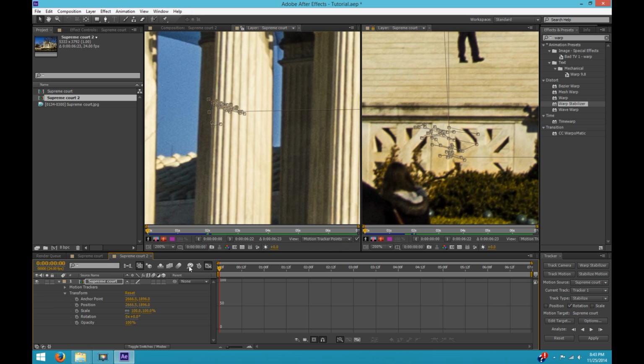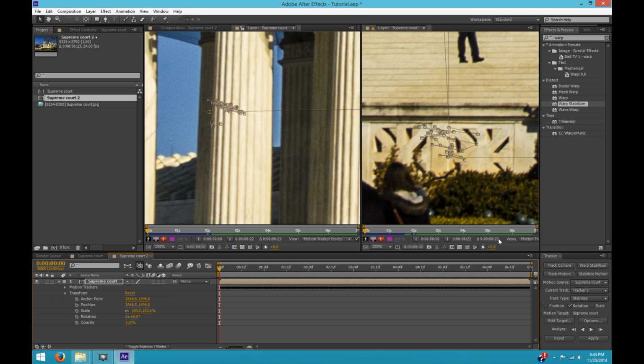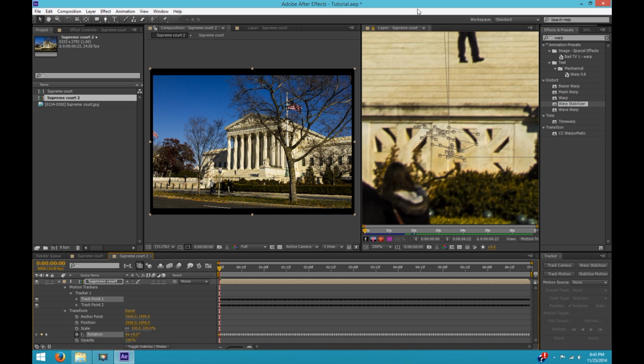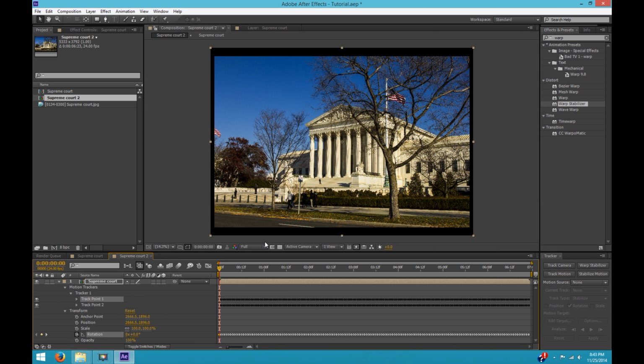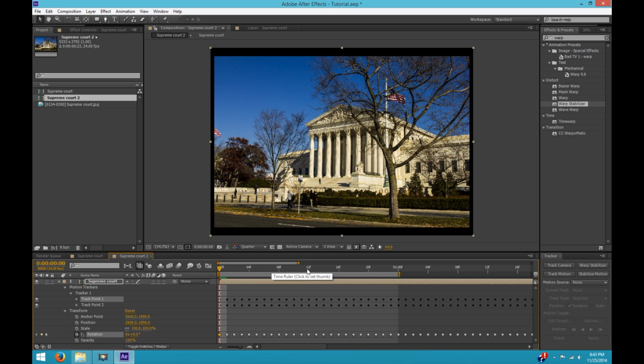Oops, didn't mean to click that. Okay, so now I only have one tracker. I'm going to apply it. Okay, so what's going to happen here is this is not going to work, but I wanted to show you what happens if you simply do rotation, position tracking first and then rotation tracking. Let me just do the first,